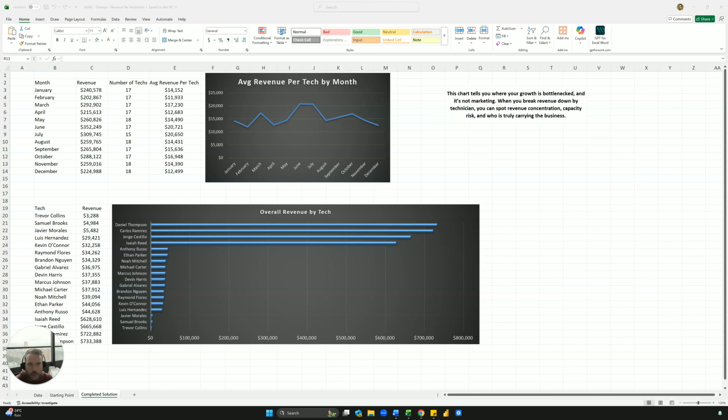Okay, so this chart's going to show you where your growth might be bottlenecked, and it's not necessarily a marketing problem. Sometimes when you break down revenue, you can spot concentration, like in this bottom chart here, which could be a capacity risk, and it'll also show you who is truly carrying the load. The reason why this bottom chart is so concentrated is because those are your installers on the top. I just wanted to show these two charts, but it might be better to break it out